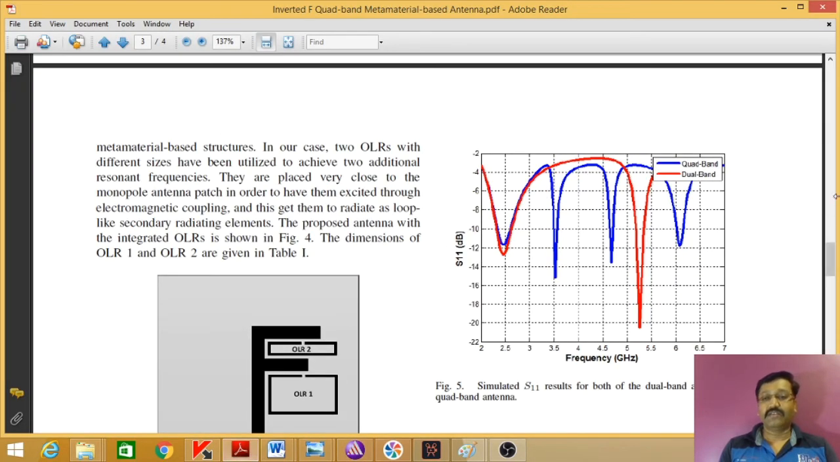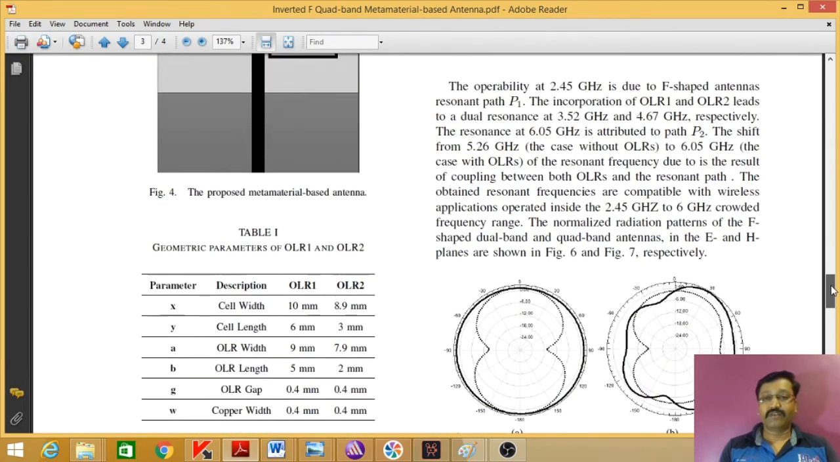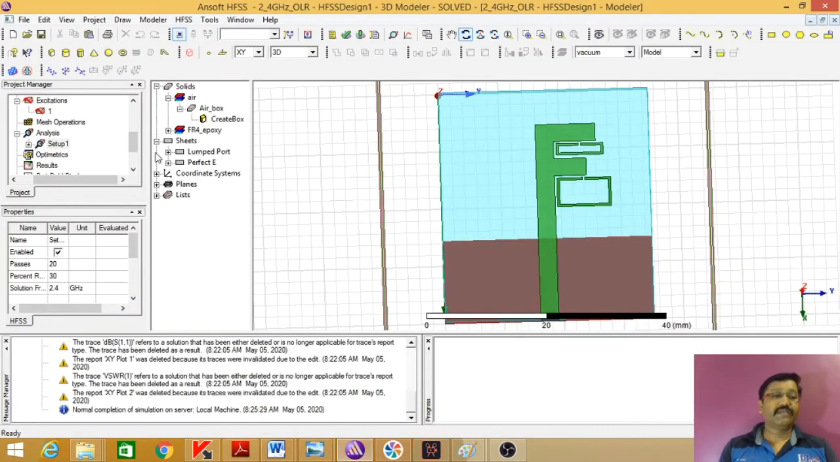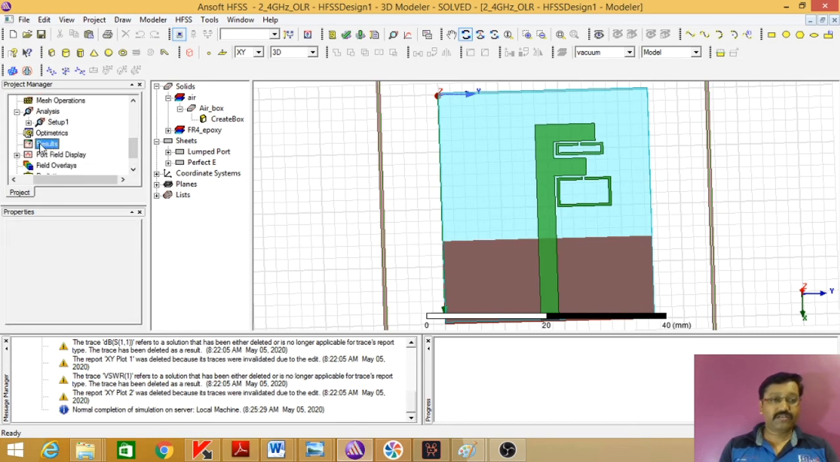So from this we can see it is going to tune at 4 different bands. OLR1 and OLR2 resonate at these two frequencies, whereas there is a shift in inverted F antenna; 2.45 gigahertz is as it is, whereas in the last band there is a shift, it resonates at 6.05 gigahertz instead of 5.26. So let's check in our case whether it is happening or not, whether we are able to get the results or not. So I will click on results,